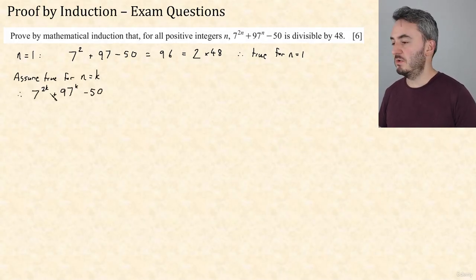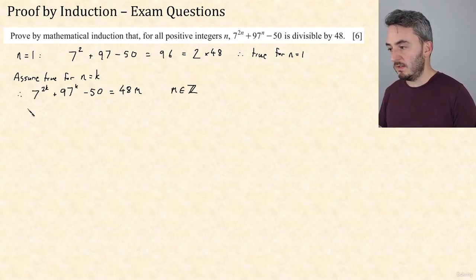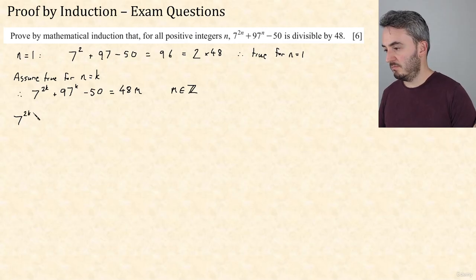Okay, now the inductive hypothesis. Typically I would say therefore this is 48 times something, but it's easier algebraically to do it as 48 times m, where m is some integer. Okay, now we're investigating what happens when we raise k to k plus 1. So we get 2k plus 2 here when we replace k with k plus 1. We have 97^(k+1)